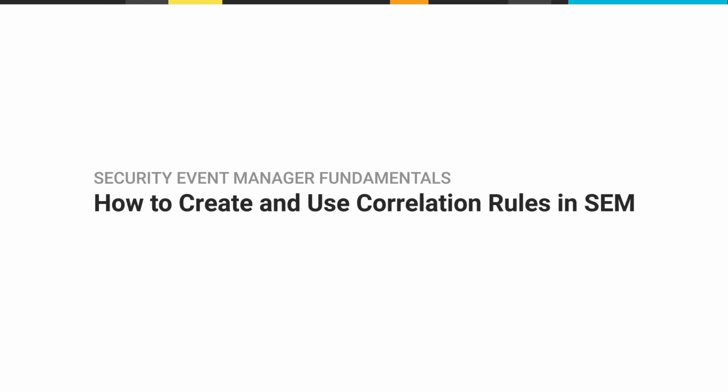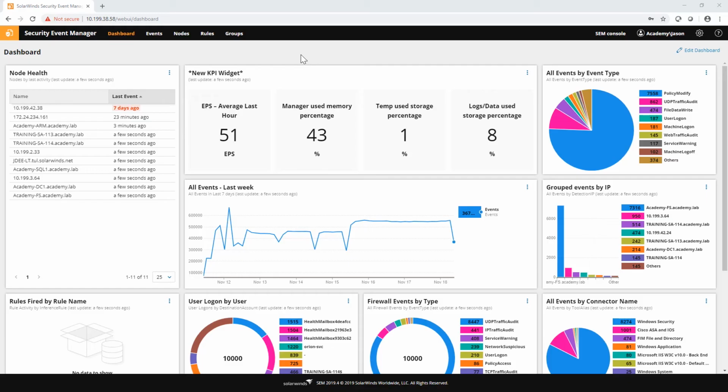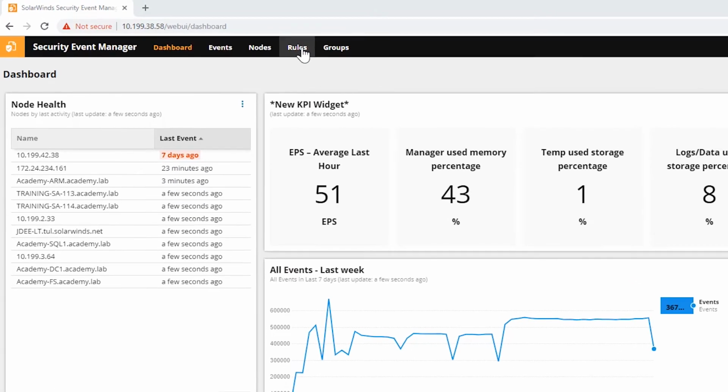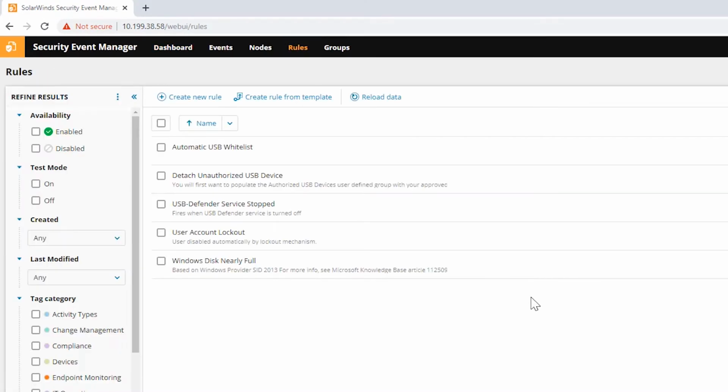In this video, we're going to discuss building and configuring rules. So we can access the rules page by going to this rules tab at the very top. We have a couple of options on how we want to roll out these rules. We can just create a rule from scratch. We can create a rule from one of our hundreds of templates, and they're both very valid options.